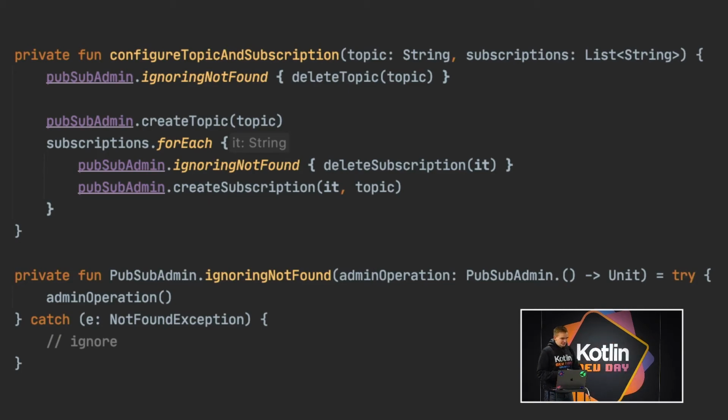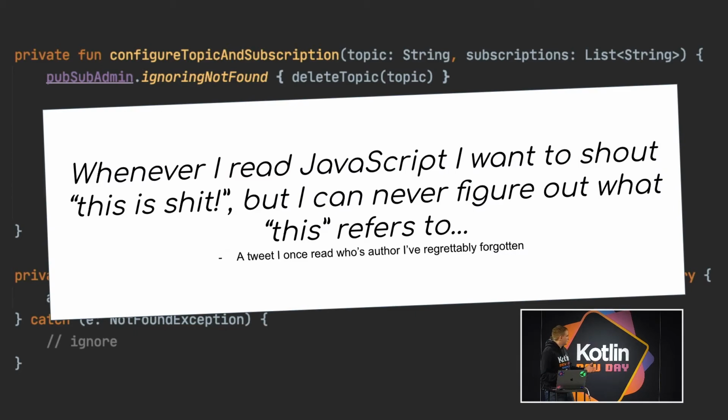Because fundamentally, what this does is it turns Kotlin into JavaScript. And for JavaScript, there's always this joke that I love. By now, at least I showed this at JFall, and like 5 people came back to me with, oh, it's this tweet. Am I that bad at Google? I actually have which tweet, and there's multiple, but I didn't put it in the presentation yet. But yeah, this is my main